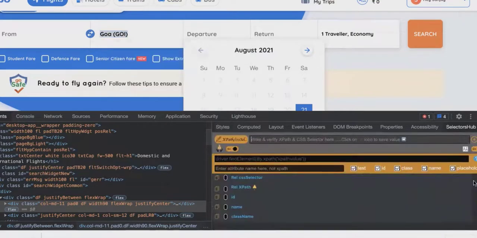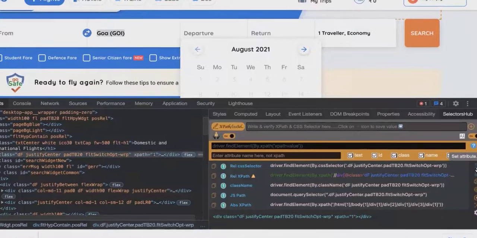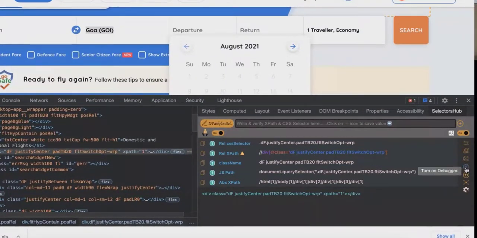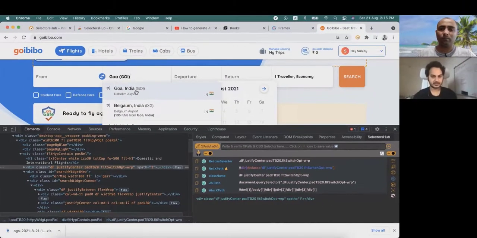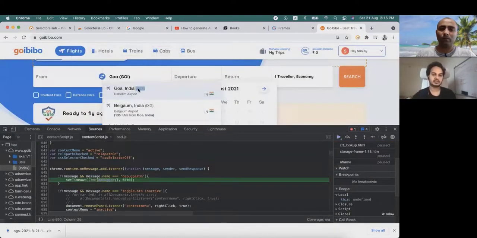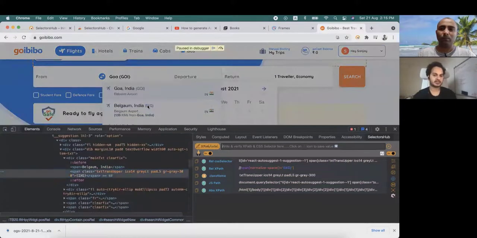So that's where SelectorsHub has the debugger feature here. You can also customize the UI as well. With this debugger, click on this, and within 5 seconds make the drop-down appear, and SelectorsHub will hold it. Now you can inspect it and generate the selector. You see that now we are able to inspect these dynamic drop-downs as well. So this really helps a lot. This is what SelectorsHub has made possible, to inspect these kinds of dynamic elements, and once done you click on this.